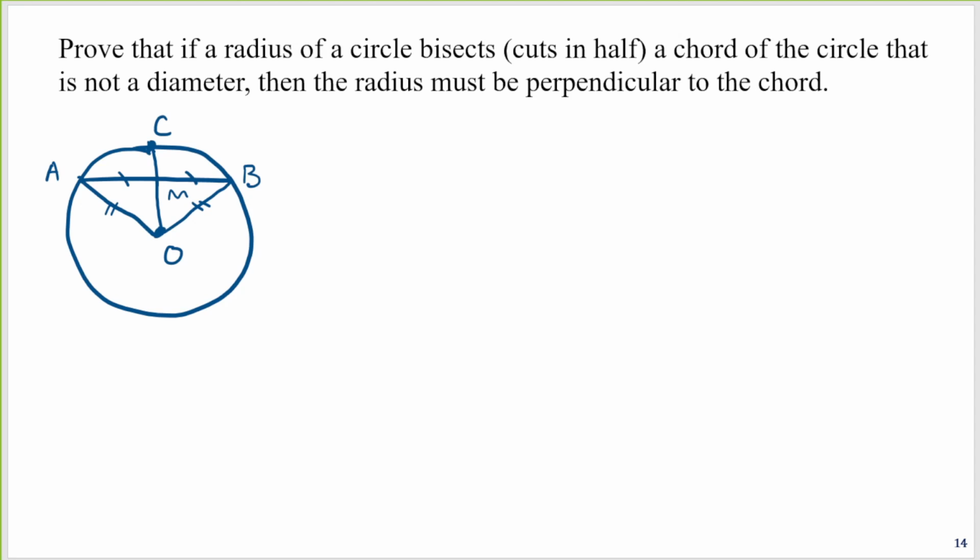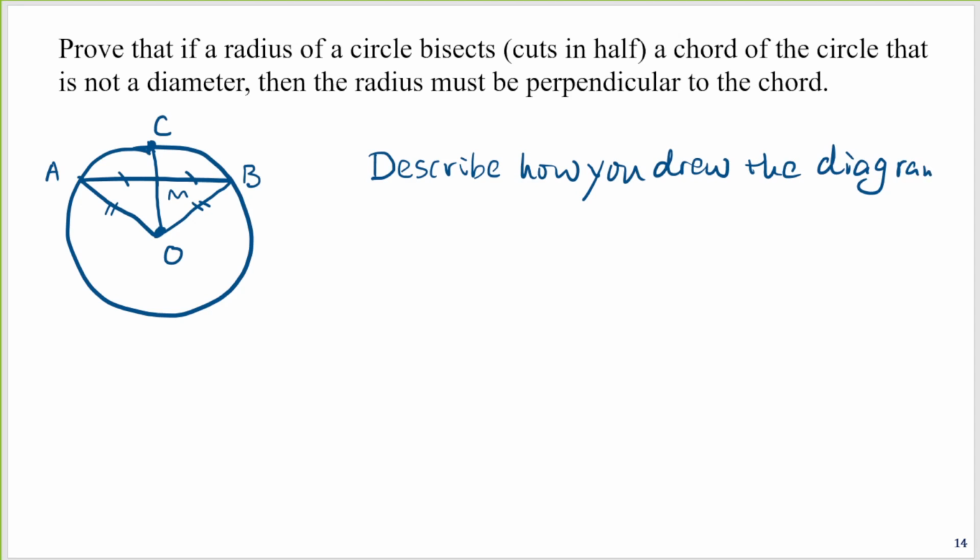So we could write it like this. Well, first of all, if it's a short answer question, you need to describe how you drew the diagram, okay? So I'm not gonna write it here. So make sure you describe how you drew the diagram on the left. Then we can prove OC is perpendicular to AB. So we can say because, well, let's call this point M,